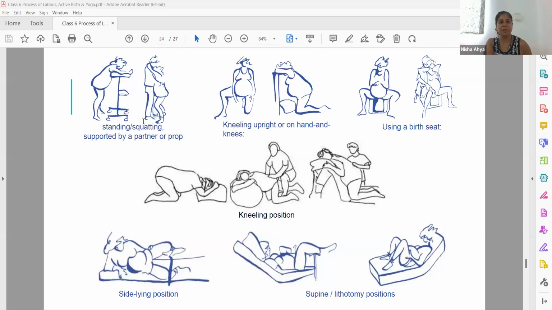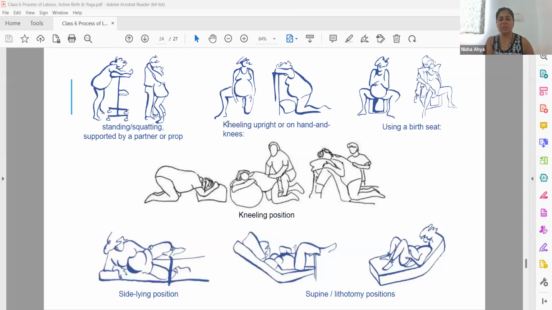So you will see here the standing squatting position that can be used to deliver a baby with a partner support or a prop support. Okay. This is the kneeling down position. This kneeling down position on your knees, leaning forward, or using a gym ball, birthing ball, or some support here on kneeling like puppy pose. This position helps, especially when you have a lot of pressure on the back. Because if the baby is like this,